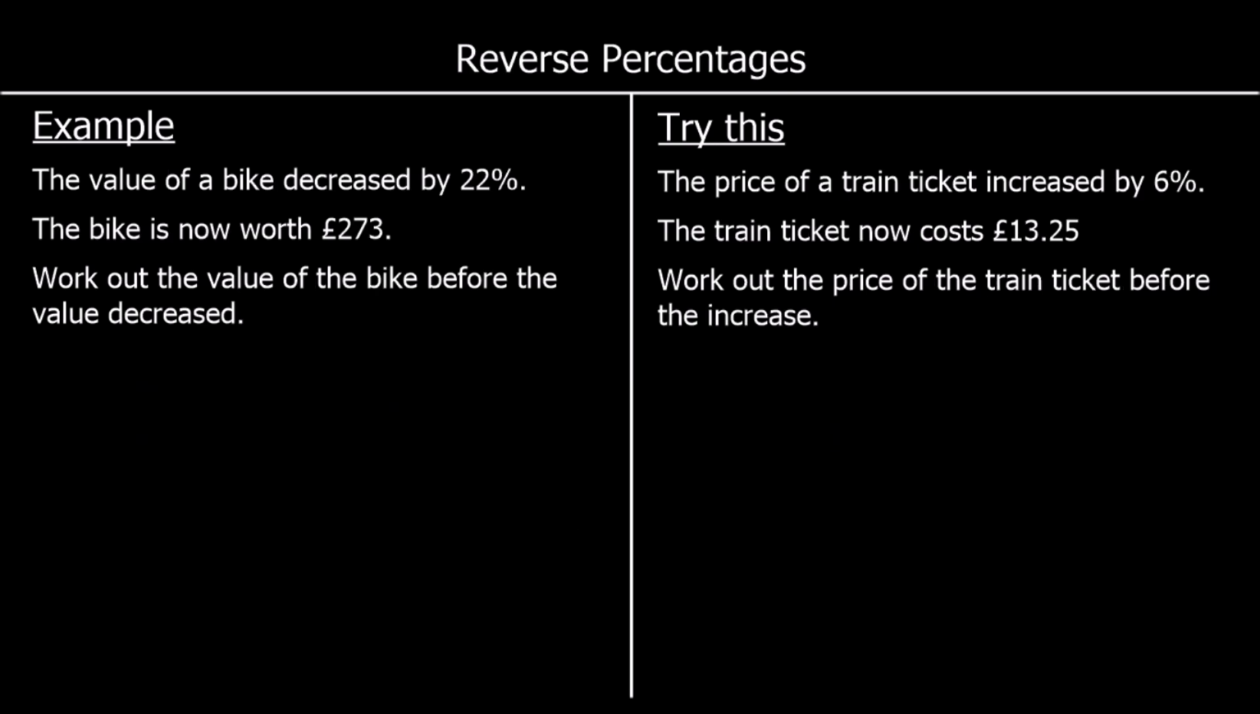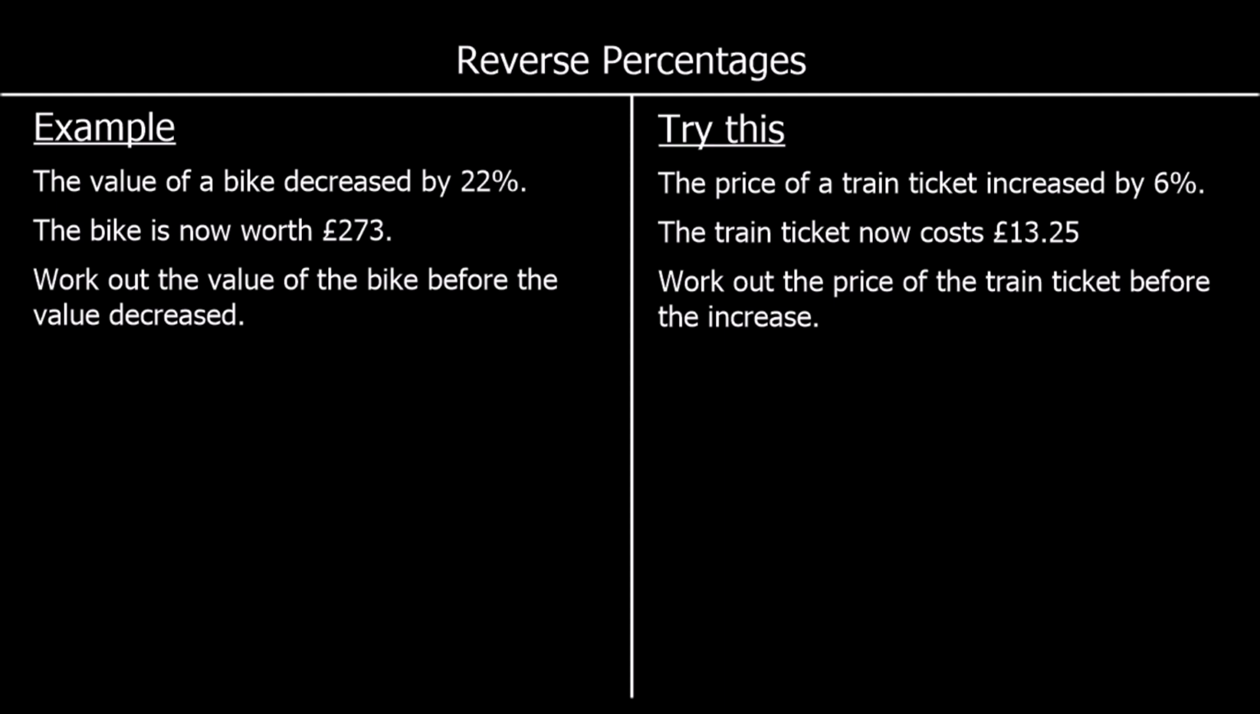And finally, we've got reverse percentages. In the example, it says the value of a bike decreased by 22%. The bike is now worth £273. Work out the value of the bike before the value decreased. So this time we are working out the original value of something. So we've decreased by 22%, and if we wanted to do that in one calculation, we could say 100% take away 22%